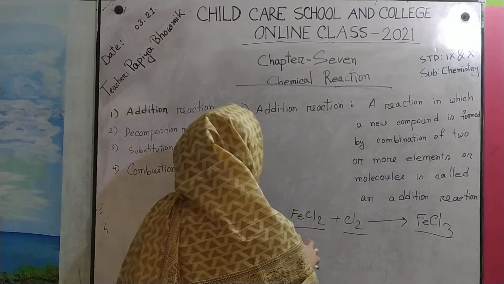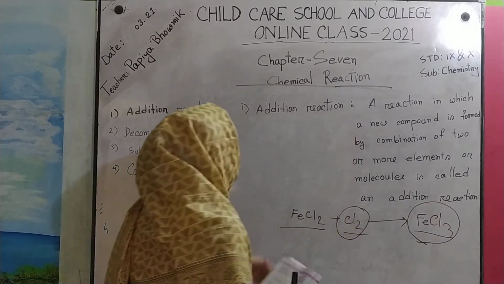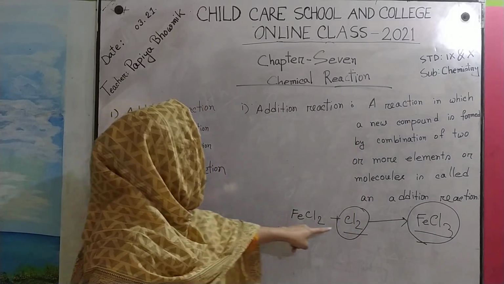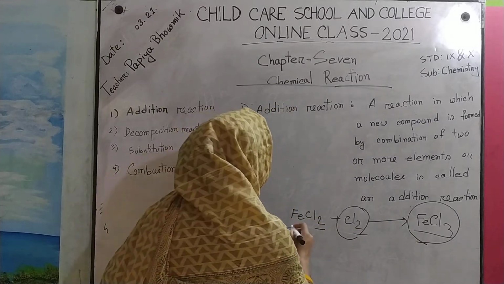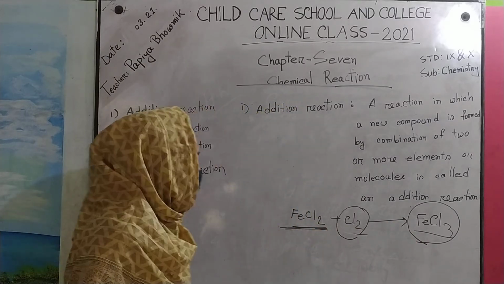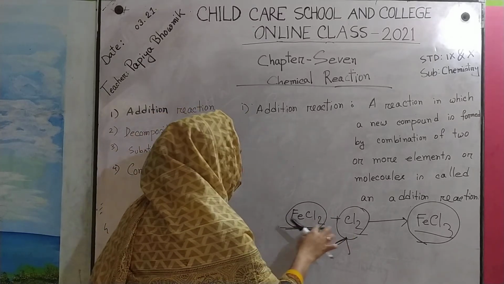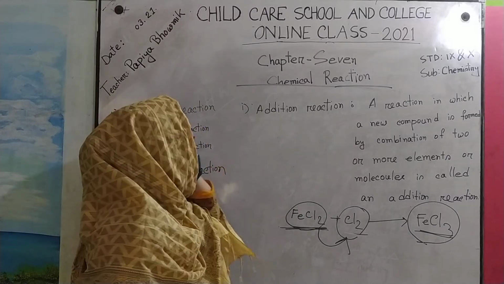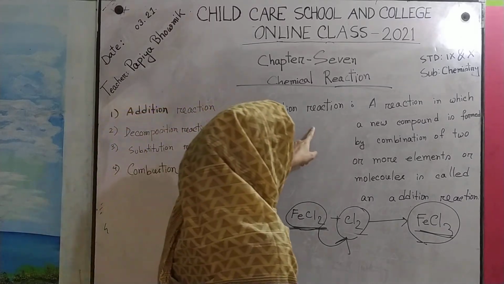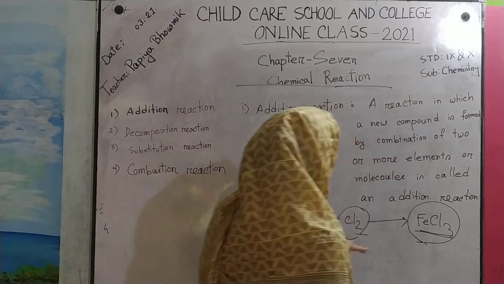Ferrous chloride is added to chlorine and we get ferric chloride. Here no ferrous chloride was broken. Only one chlorine was added to ferrous chloride and we get ferric chloride. That is an addition reaction. An addition reaction is a reaction in which a new compound is